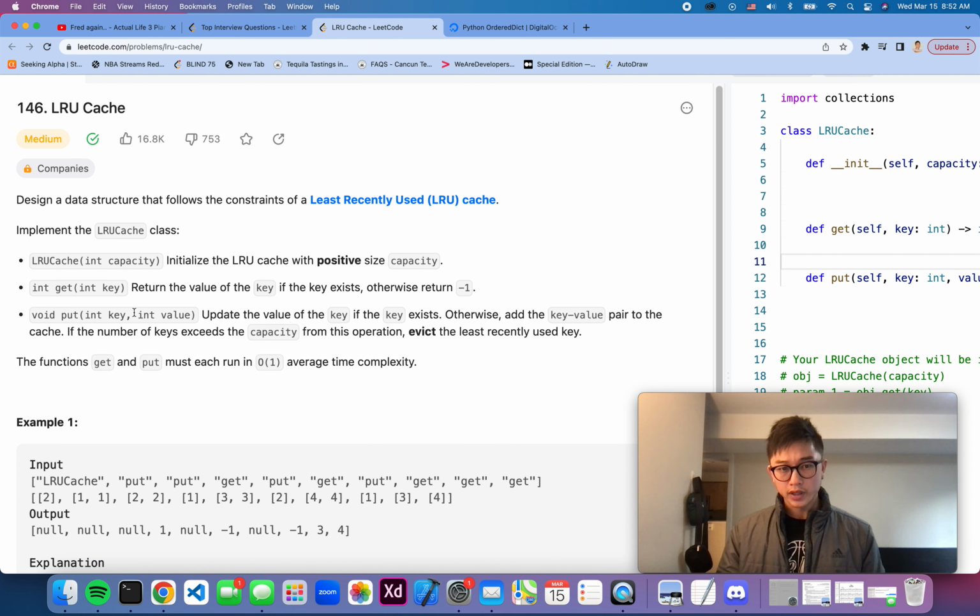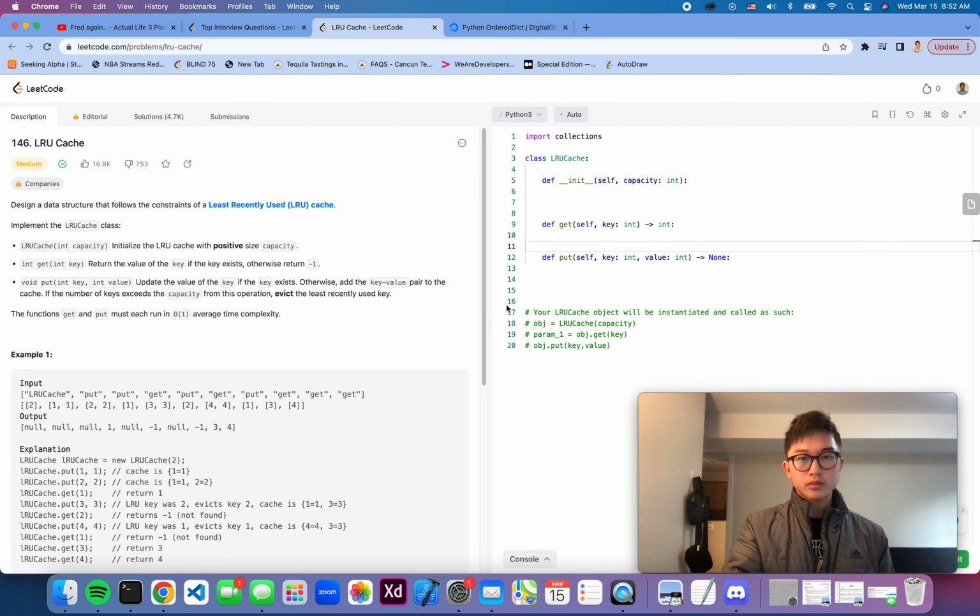Put: given a key and a value, update the value of the key if it exists. Otherwise, add the key value pair to the cache. If the number of keys exceeds the capacity from the operation, evict the least recently used key. So we'll go through an example in a second, but